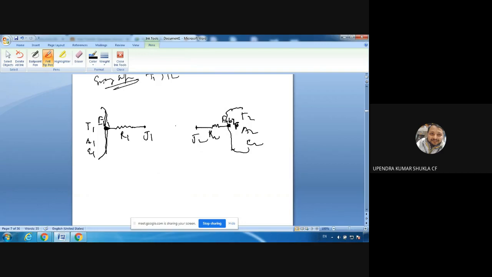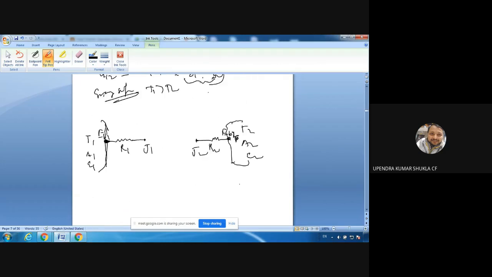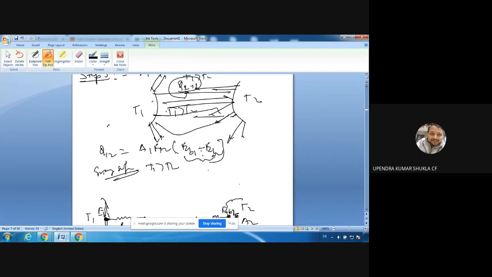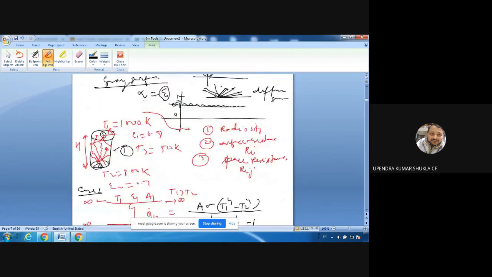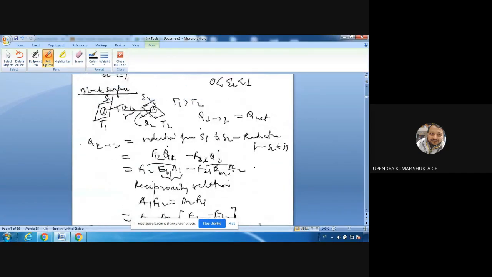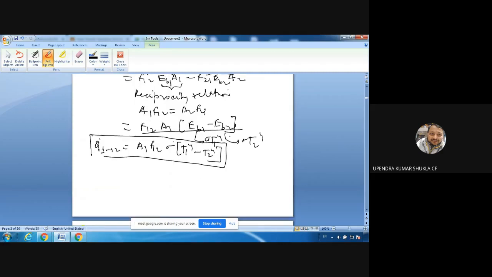Now what you will find is, just like in the black surface case, there is a resistance, and the voltage difference EB1 minus EB2 in place of delta B. In a very similar fashion, you will find this EB1 minus EB2 that we found in the very first case. See right here, in this case, EB1 minus EB2. Okay, we got this, so we have written those things.